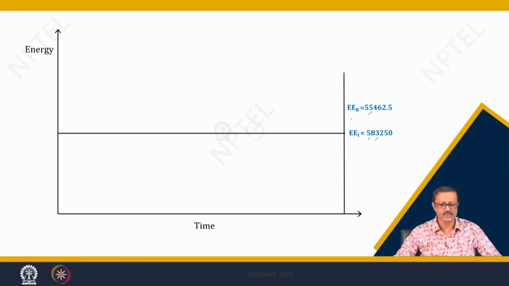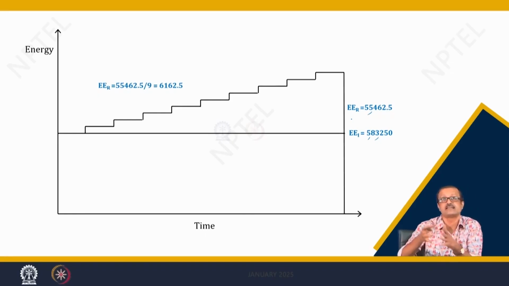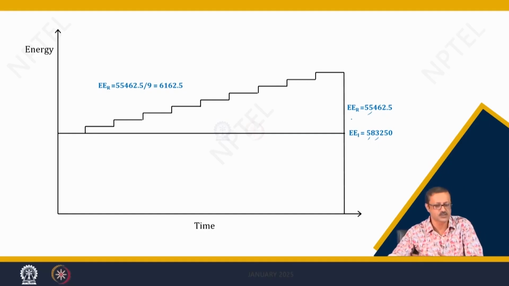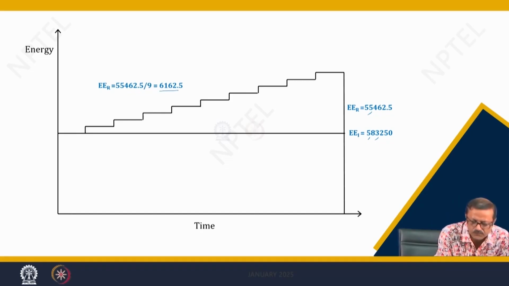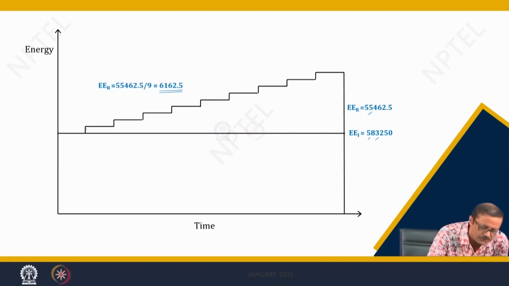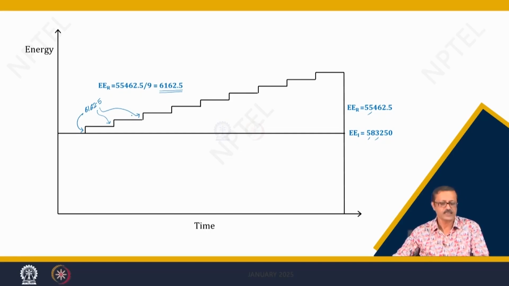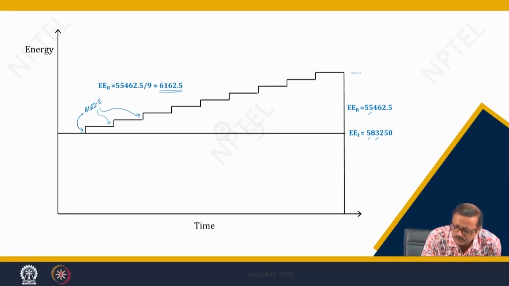55,462, and if I divide by 9, because the recurring is 9 times, 9 times after every 5 years, so each time I have to actually pay 6,162.5 megajoule energy, 5 times. So each one of these is your 6162.5, each step, those small steps. And finally, after 50 years you have a total of this much,